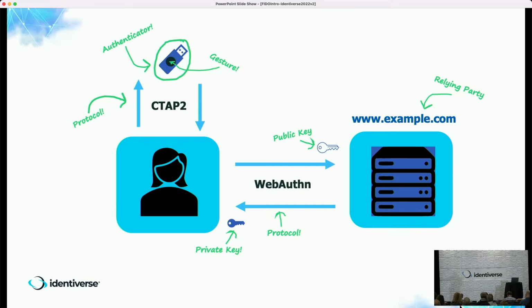And then you'll notice, unfortunately there's a pointer on here, but these screens are so bright it doesn't show up. You've got the private key that is stored always on the client device. You've got the public key that's shared over here to, say, the relying party. If it was a roaming authenticator, the part that says CTAP in the key, that whole part would be embedded into the device itself. So I talked about roaming and platform authenticators. That would be the primary difference there.